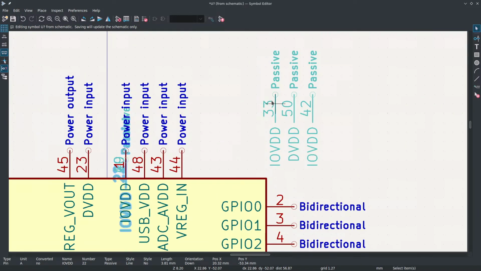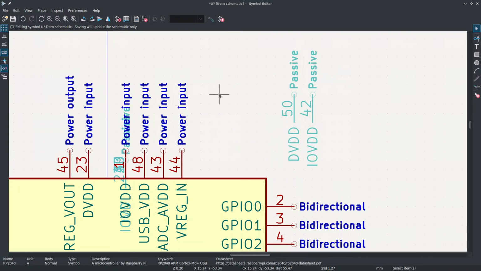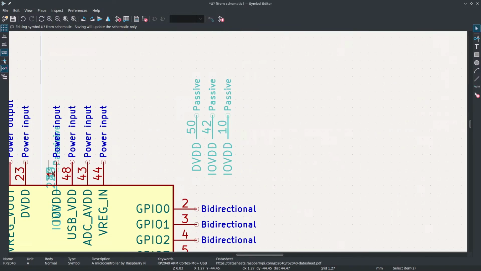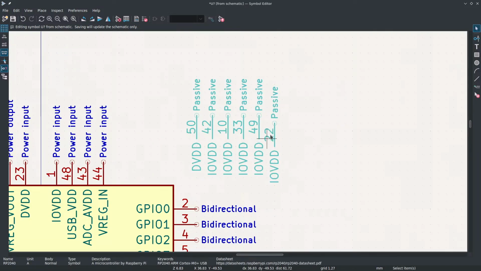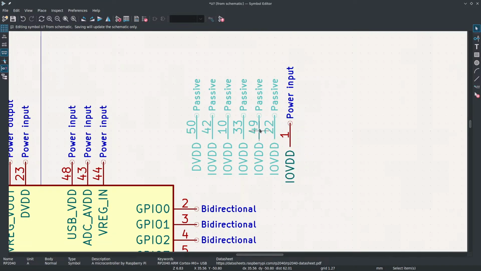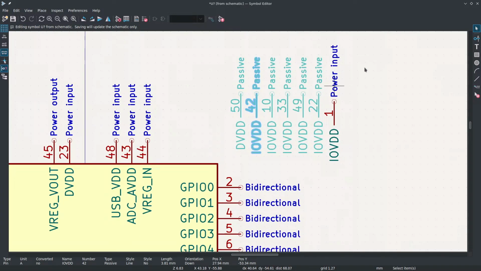I'll get into the symbol editor in a bit, because this was just a diversion. I was like, wait, where are all the other pins? I thought we were going to have to connect them all. Generally, they want you to add one capacitor per pin, so I'm going to look at how many pins are here that need connecting so we know how many capacitors to add. All right, if I can count, that is 7 pins. I'm just going to exit out of this